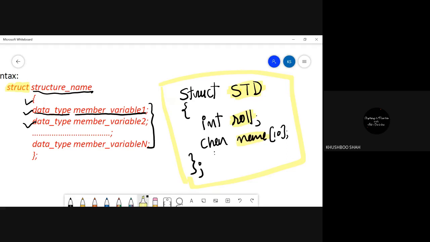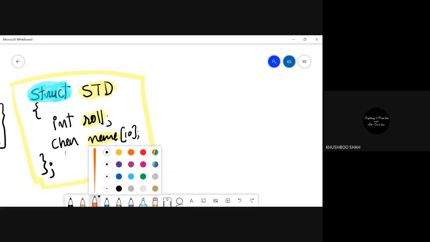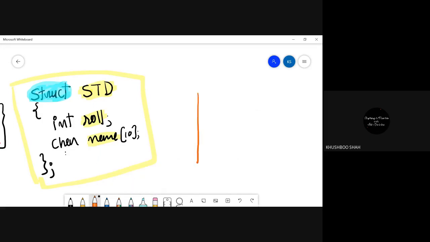But keep in mind, whenever you declare the structure, do not forget to mention the keyword struct, because this struct keyword will tell your compiler that in memory you have to create one table, in consecutive locations.